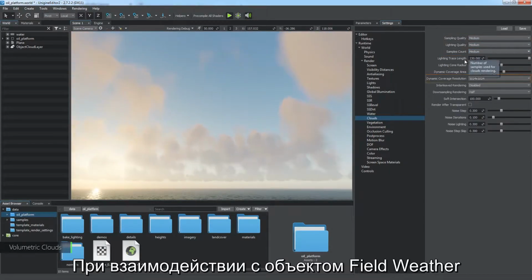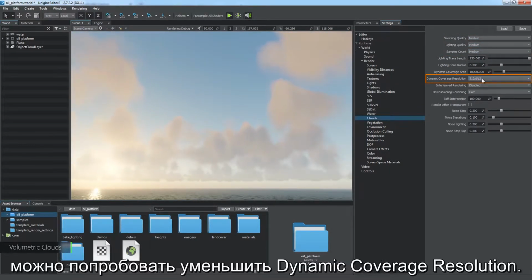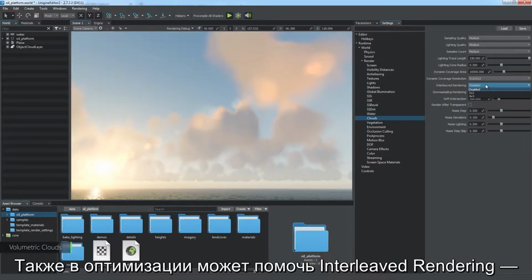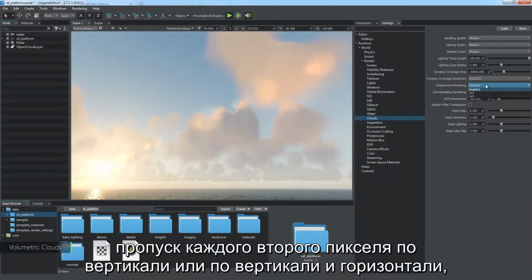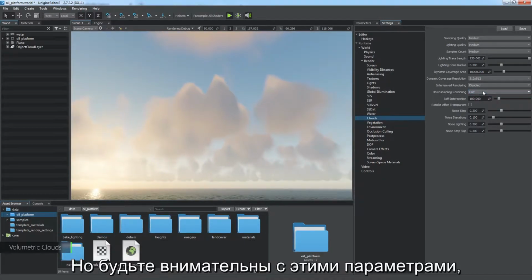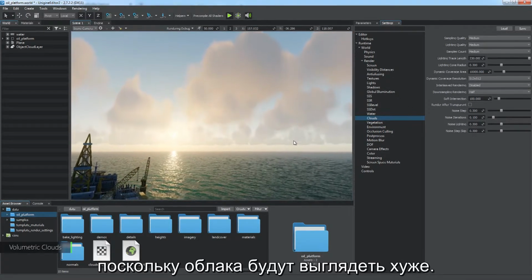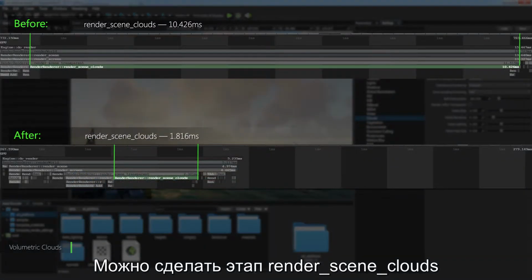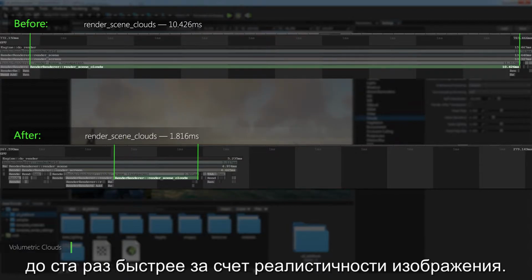In case of interaction with a field weather object, consider decreasing dynamic coverage resolution. For better performance optimization, consider using interleaved rendering, which performs skipping over every 2 to 4 pixels, and downsampling rendering. Additionally, decreasing the number of samples. But be careful with these parameters since the look of your clouds will degrade a lot. It is possible to speed up the render scene cloud stage up to 100 times at the cost of a